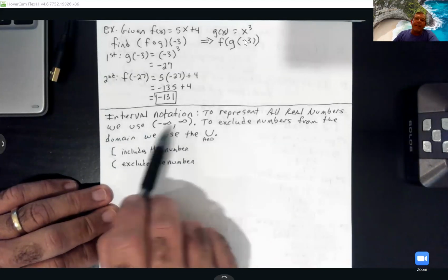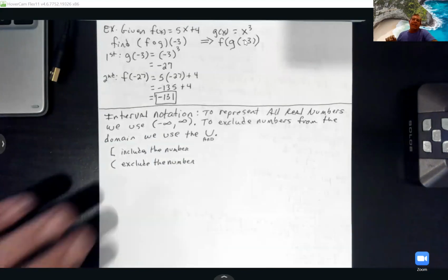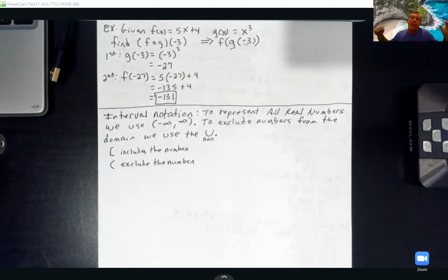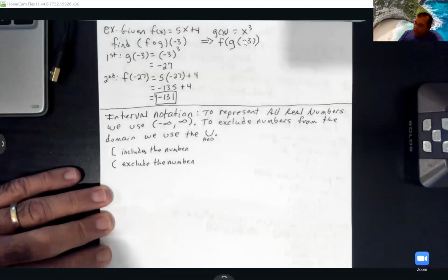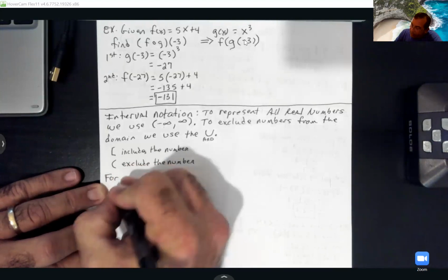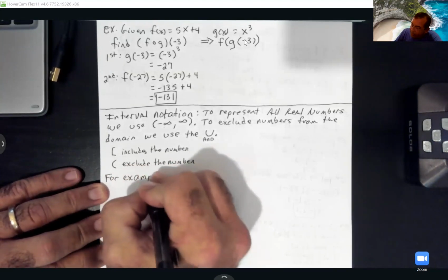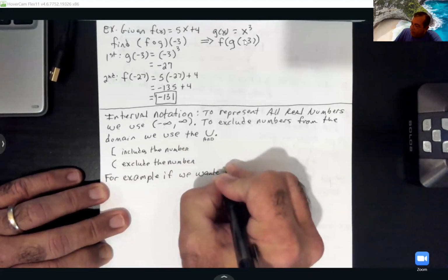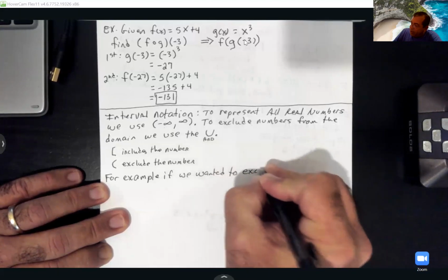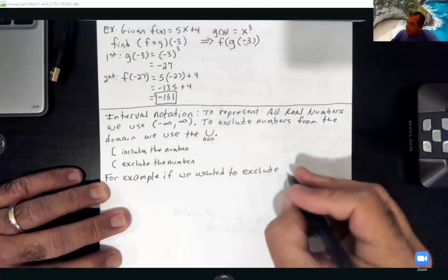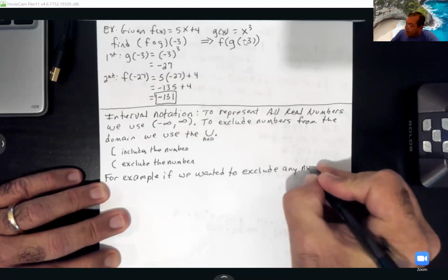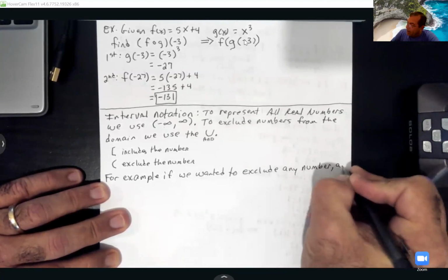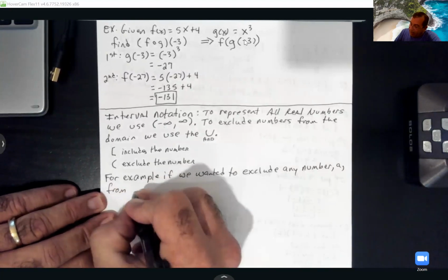The reason infinity has curved parentheses is because there's never a stopping point with infinity. It keeps going and going and going. So, y'all watch this. For example, if we wanted to exclude any number a from our domain,